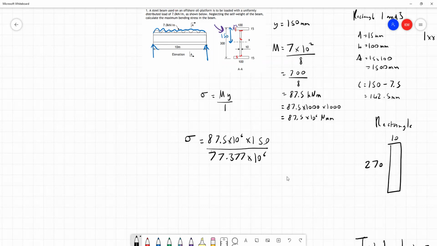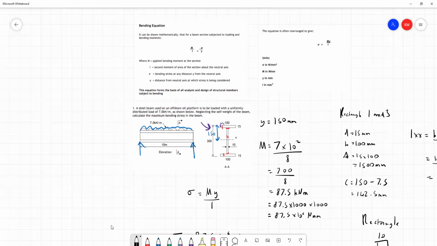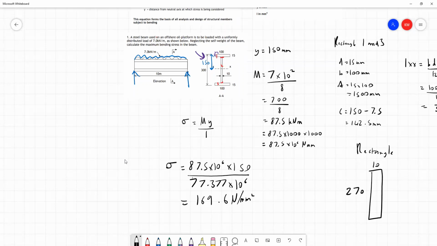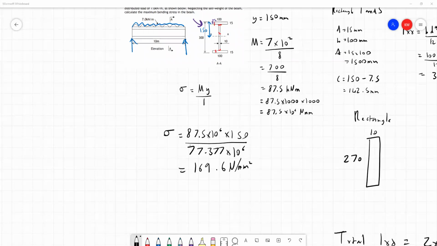And putting all of this into our formula, using the correct units, and then calculating in our calculator, we're going to have 169.6 Newton millimeter squared. And I think if we go back and look, we see it's actually newtons per millimeter squared. Another little mistake in the course, so newtons per millimeter squared. And that's the statement that we would write out, and I'll save myself writing it and just copy it from the notes, would say